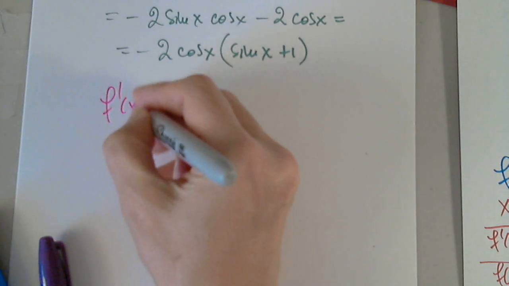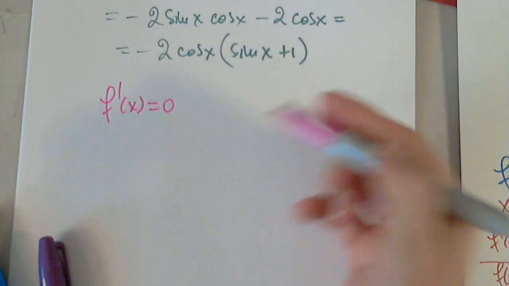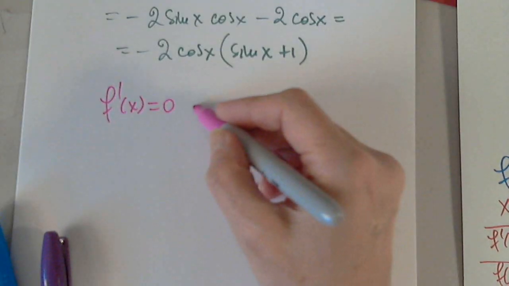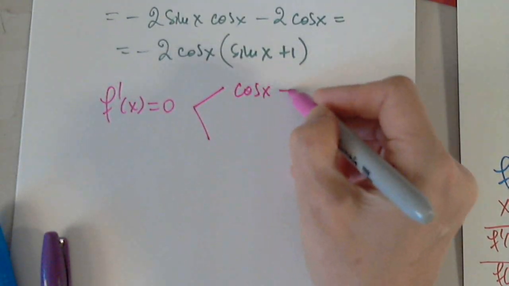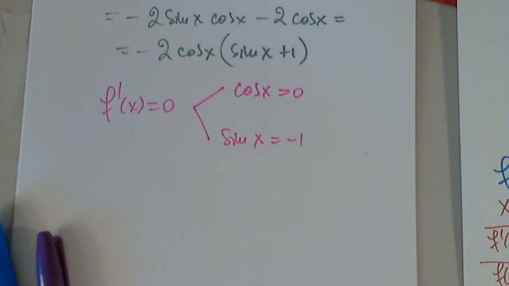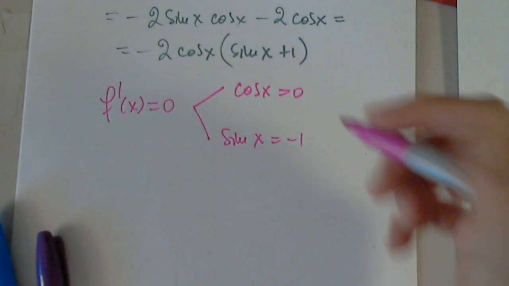So, of course, f prime will always be defined, but critical numbers will come from f prime being 0. And we have two options. Either cosine x is 0 or sine x is negative 1. And that is really nice, because cosine 0